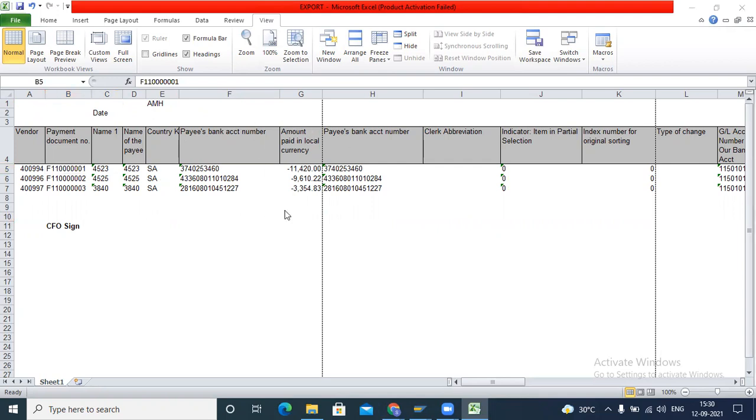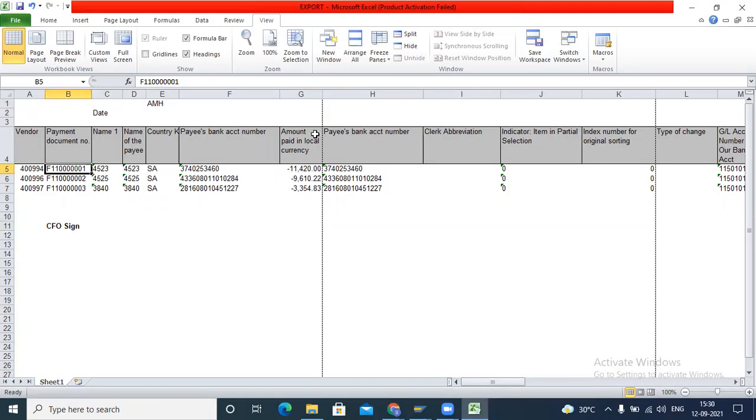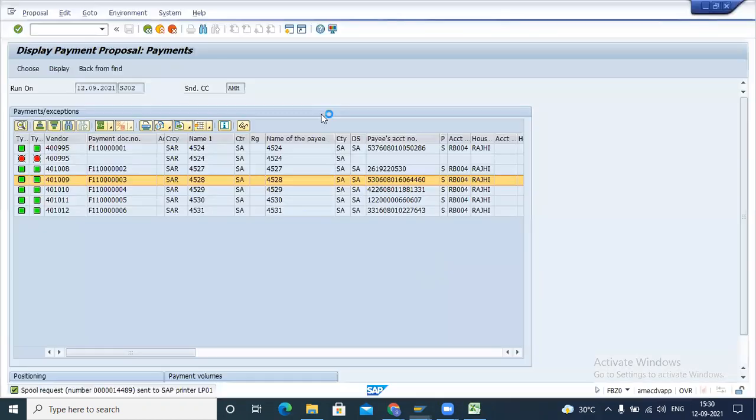But I'll check that point. But even if we do not achieve it, I'm still thinking that this program will save a lot of time. Still this is beneficial.